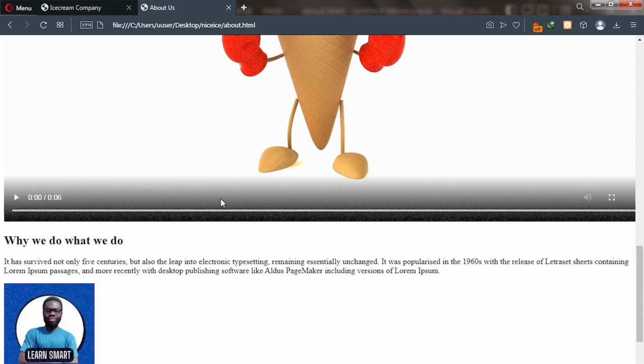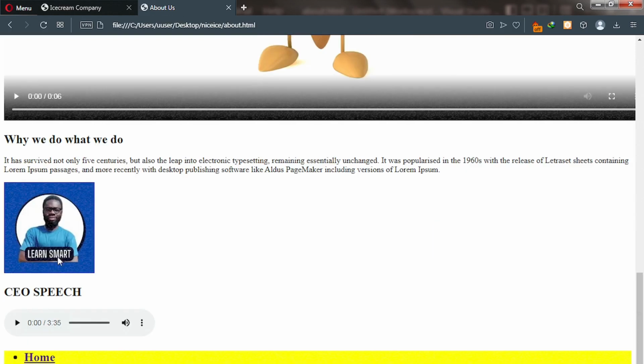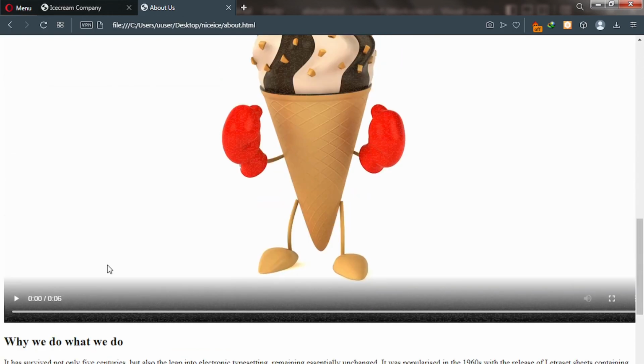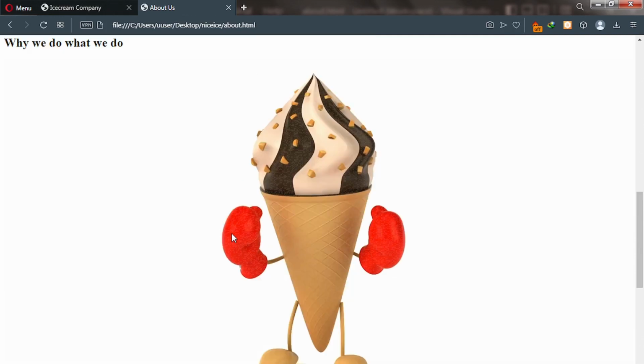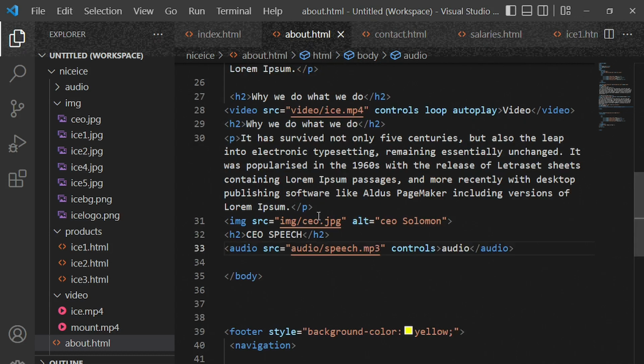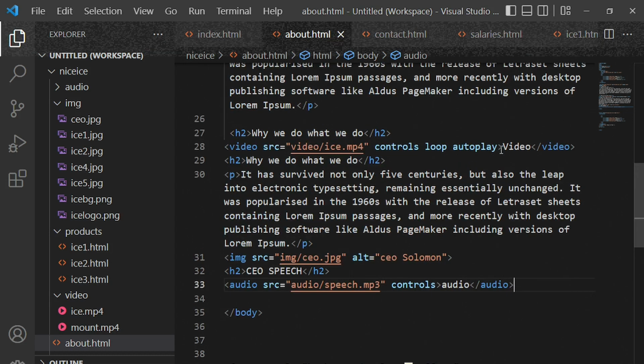But for now, let's scroll down. You can see our image is here, our text is here, and then our audio is here. Okay, one final thing, let's go ahead and then resize this video. Okay, so I'll take you to the code editor, and then we'll go to where our video is. Okay, let's scroll back to the top, and then inside here we're going to give it some minimum height. Okay, so put height